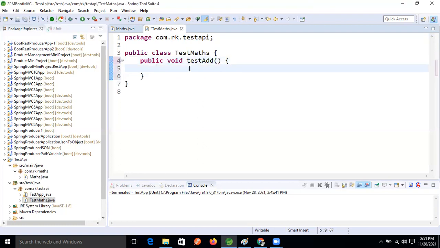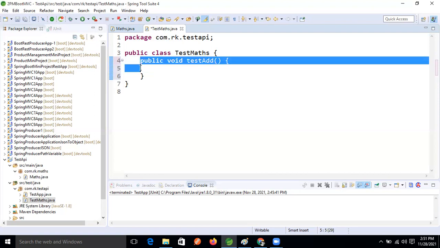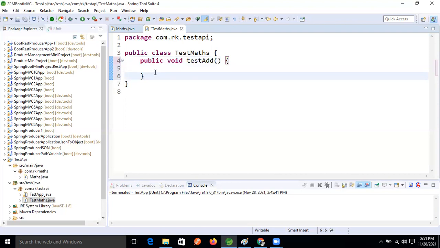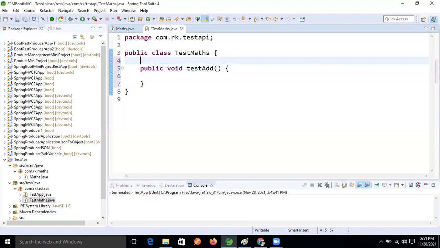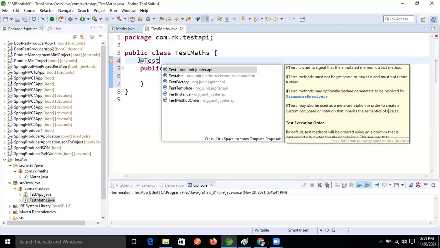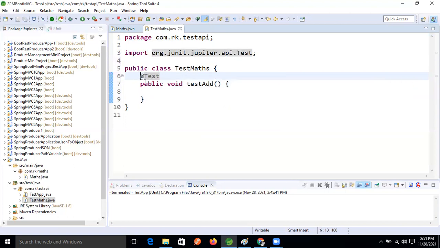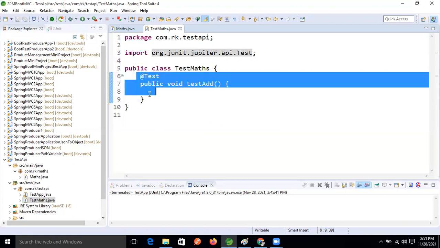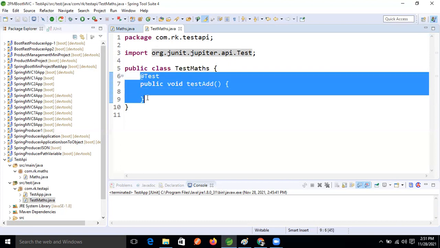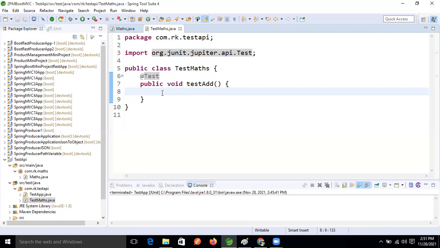Okay, fine now, guys. So how will our unit testing framework understand that this is the test case method? What annotation will we apply on top of this method? At the rate Test, @Test. Based on this, we can say that this is the unit test method, or not, guys? Yes, that is the test.